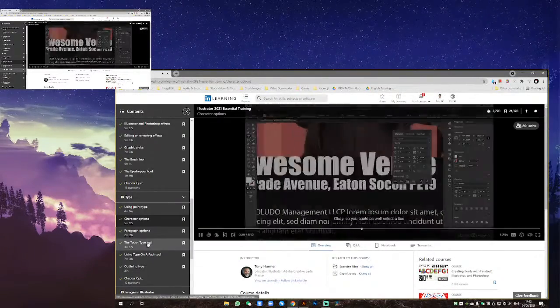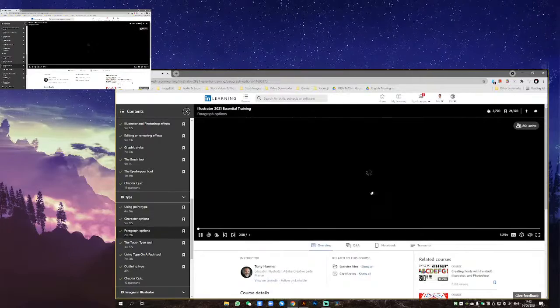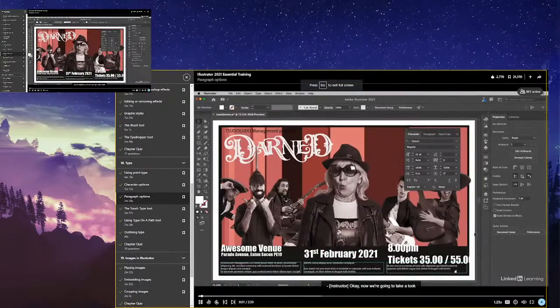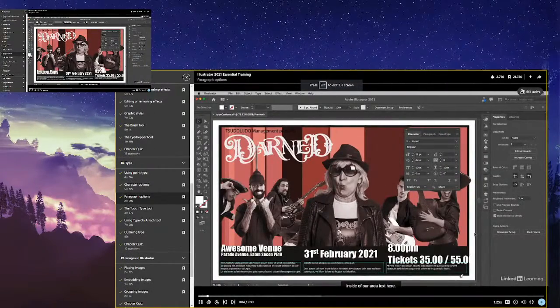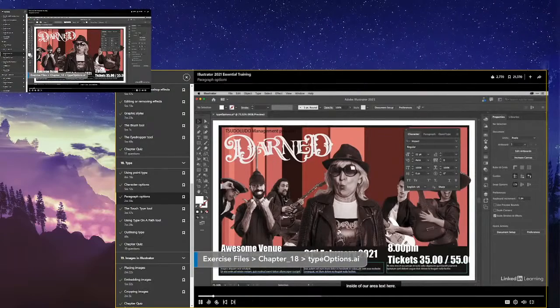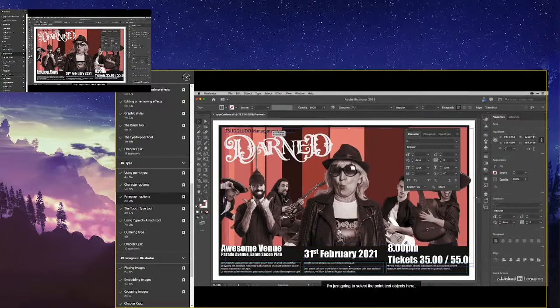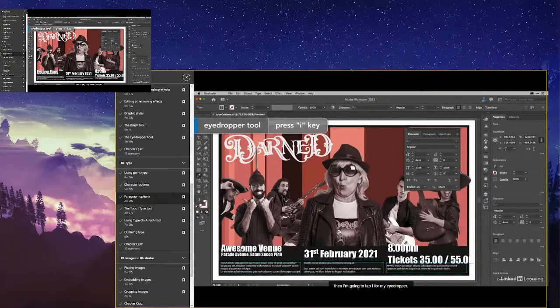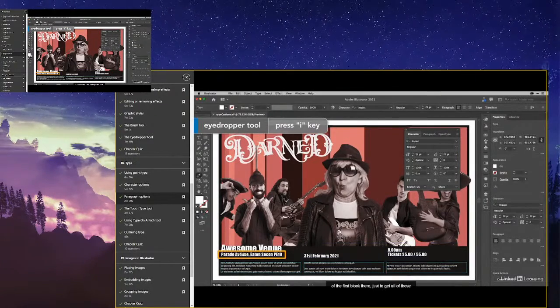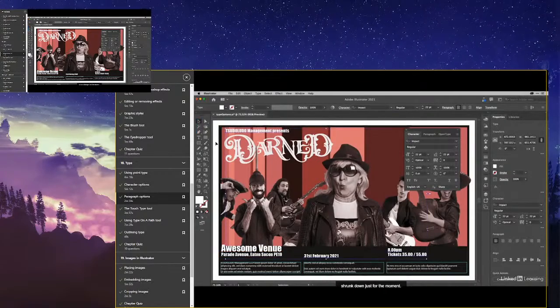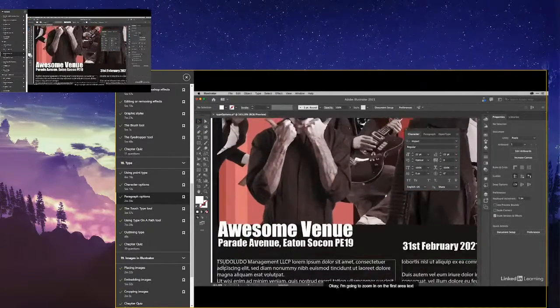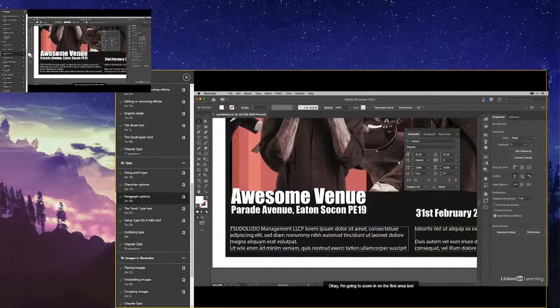Okay, so now we're going to take a look at our paragraph options, and I think we'll do that inside of our area text here. So first of all, I'll get these elements out of the way. I'm just going to select the point text object here, then I'm going to tap I for my eyedropper. I'm going to select this bottom line of the first block there just to get all of those shrunk down just for the moment. Okay, I'm going to zoom in on the first area text just here,